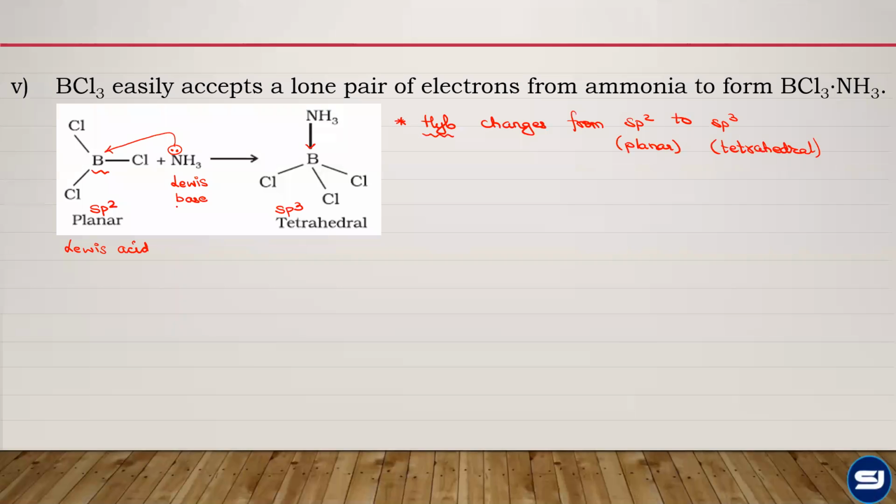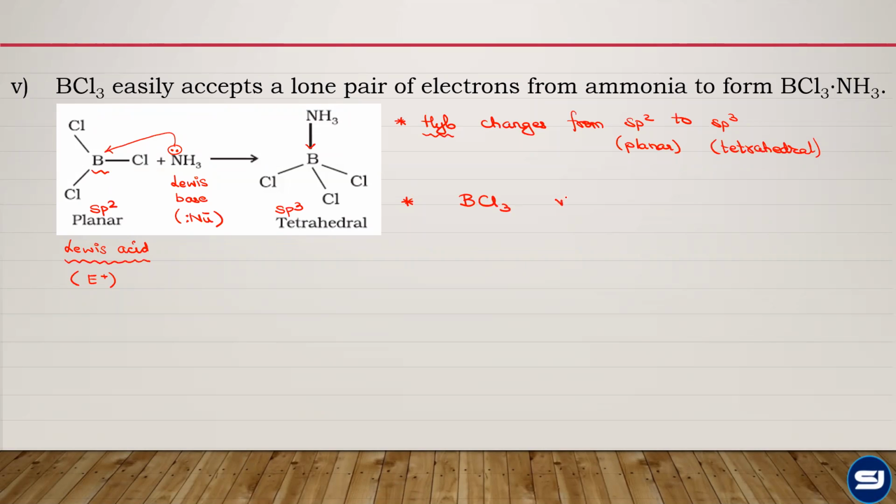Other way around, जैसे मैंने यहाँ पर बताया, in this reaction BCl3 acts as a Lewis acid, or from an organic chemistry point of view, this is an electrophile, and ammonia as a Lewis base acts as a source of nucleophile. वैरायटी ऑफ क्वेश्चंस यहाँ पर बन सकते हैं, समझा? Yes, sir. अब एक इंपॉर्टेंट और एडिशनल पॉइंट जो नोट्स में नहीं दिया है, ये आप नोट कर सकते हो, ध्यान दो।